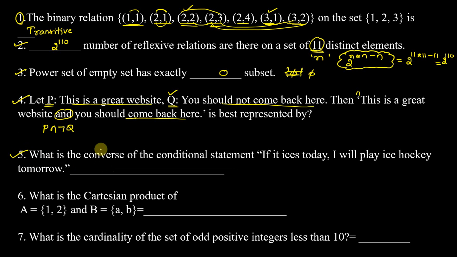Fifth question. What is the converse of the conditional statement? What is a conditional statement? P implies Q. Its contrapositive we can call negation Q implies negation P. Its inverse we can call,